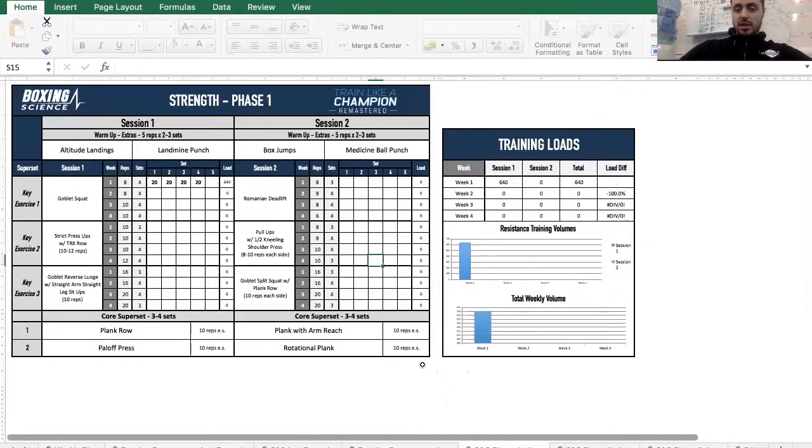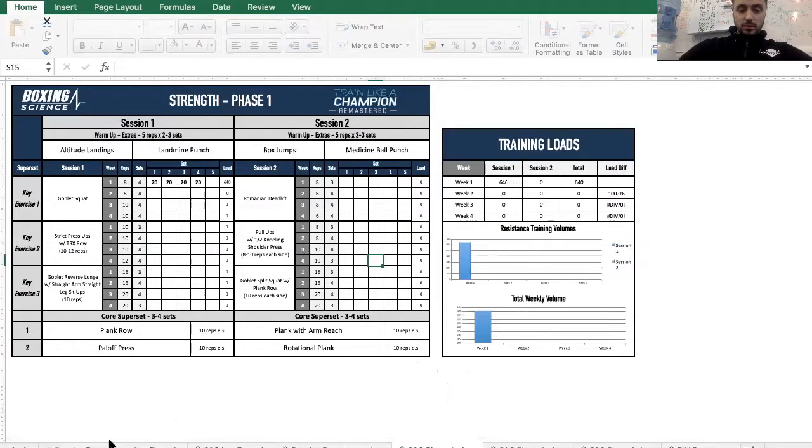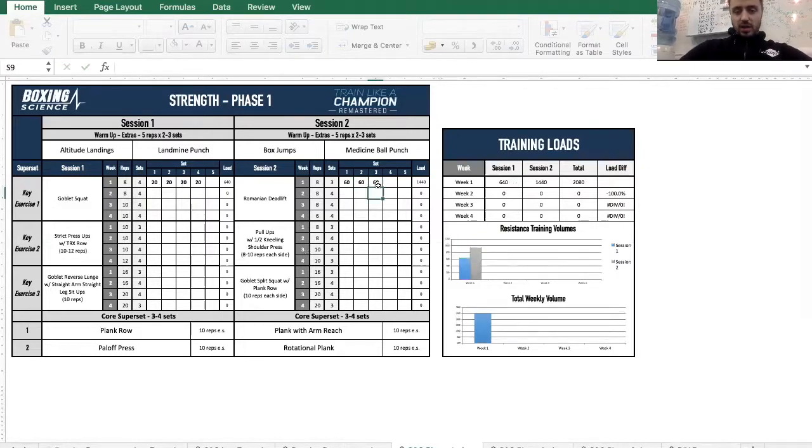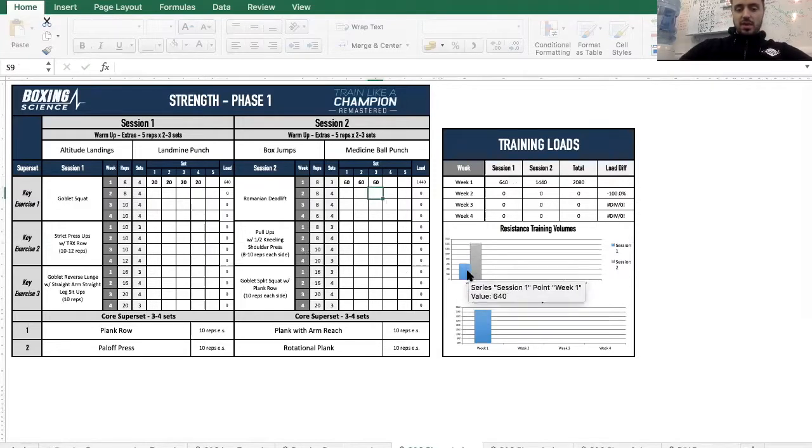So, moving on to the strength and conditioning log. The only things that you can change on here are the weights. Okay, so you've still got your reps and sets. They're all automatically built in for you, along with the different exercises that you're going to use on the TLAC Champion program. So if I put an example in here of the Romanian deadlift, it quickly shows you the differences in training load session by session, and then obviously if we start putting in some data here,